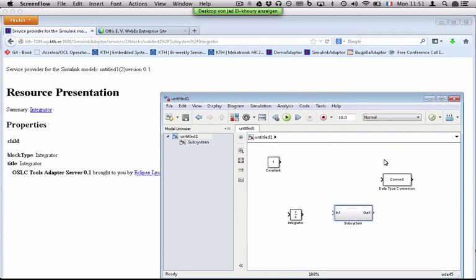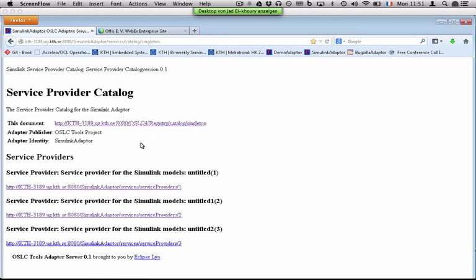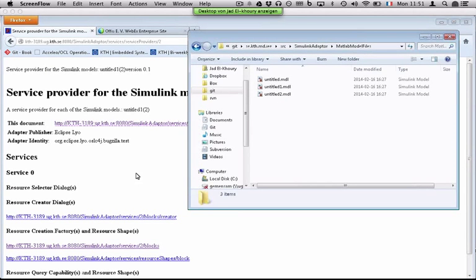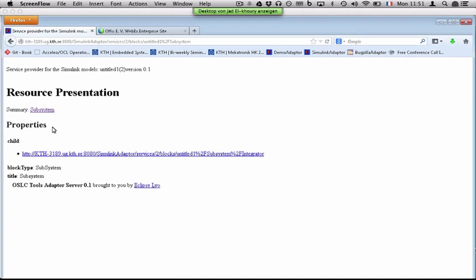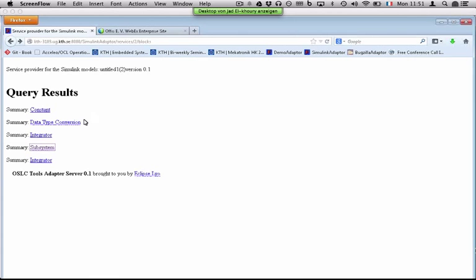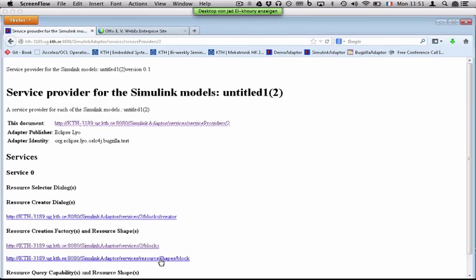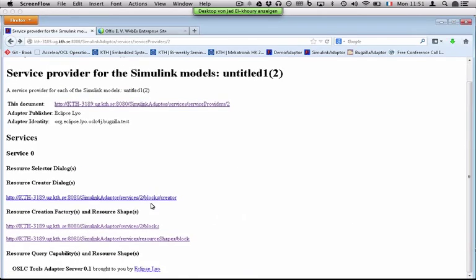Okay. Yeah. So I was just demonstrating basically, I could quickly show you. This is the list of service providers, one service provider per file that you can see here. And then you can click on this, you can see this is basically HTML, so it's basically for debugging. And otherwise you can also, I'm not sure if you can look at its resource shapes, etc. And then you can create, but this will not work, so I'm not going to click on it. And you provide, of course, XML